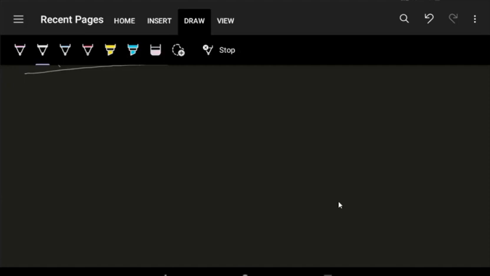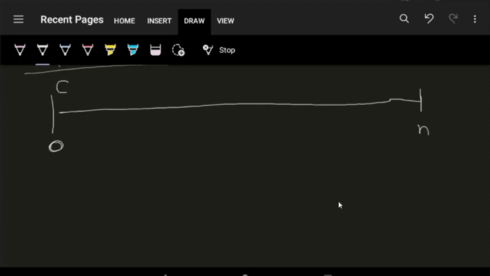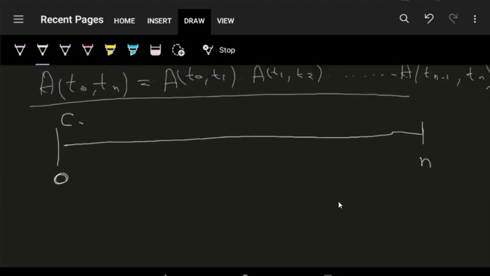What I just said in words means, to put it simply, suppose this is my present time 0 and this is some future time n. This is my initial capital C. Accumulation takes this amount C, goes forward in time and adds the interest along the way, and it gives me the accumulated amount A. So the accumulated amount A is the amount C and the interest earned over this whole duration.